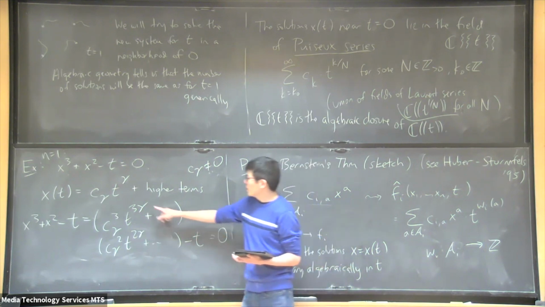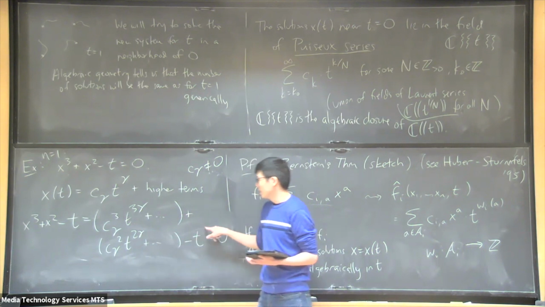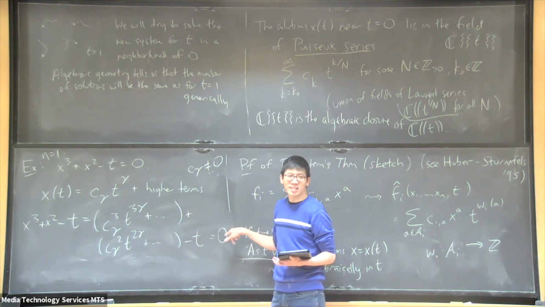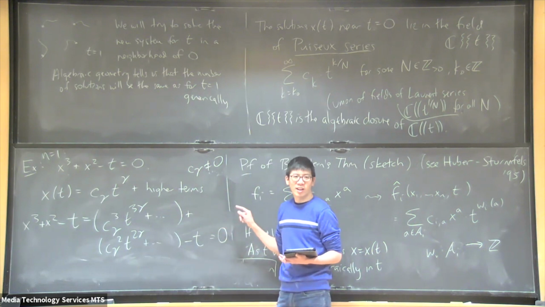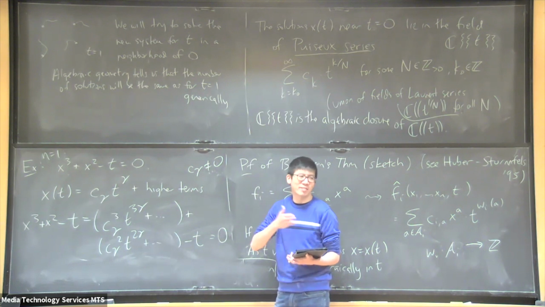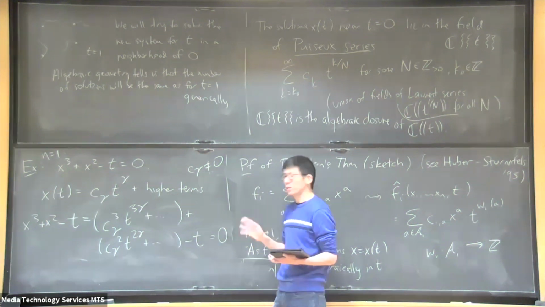And so what needs to happen is that the lowest degree term here has to cancel out somehow. I have 3 gamma, 2 gamma, and the exponent 1. In order for some cancellation to happen, 2 of these exponents have to be equal to one another, and then one of them has to be larger, and then the coefficients have to cancel out. I guess all 3 could be the same, but